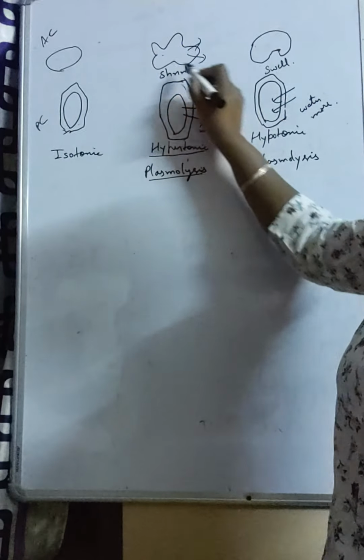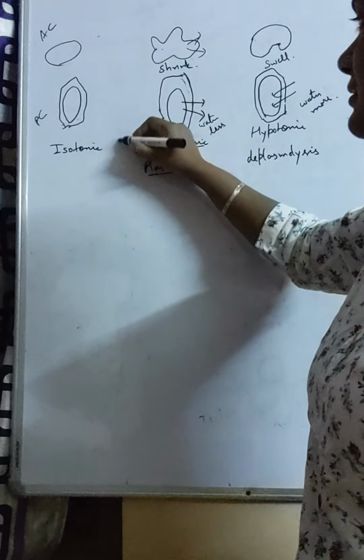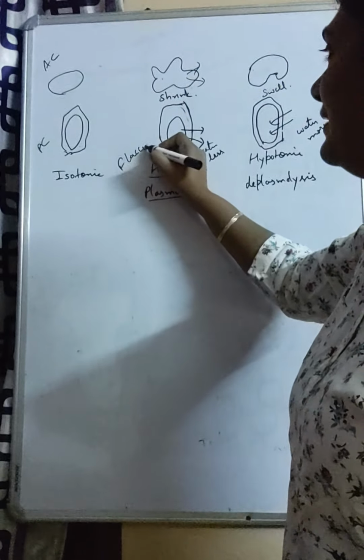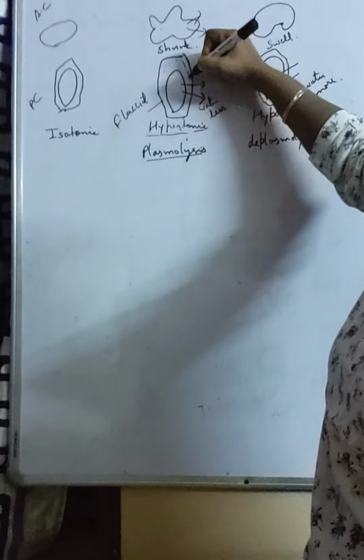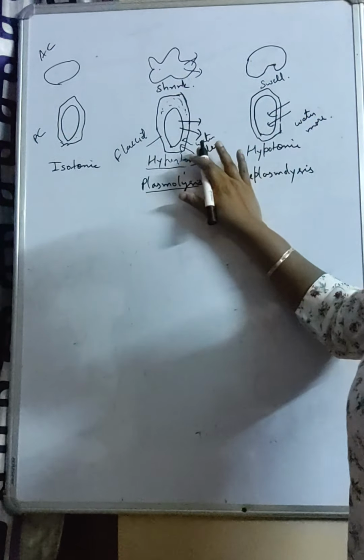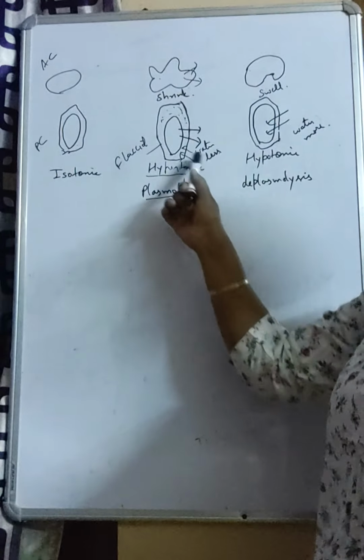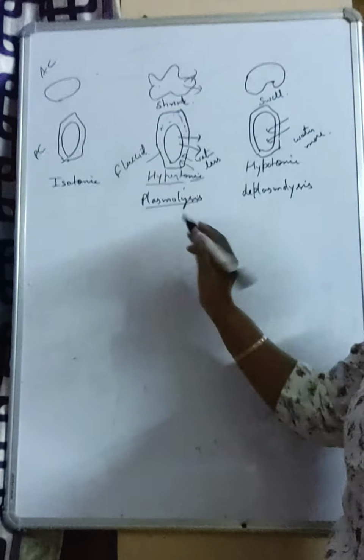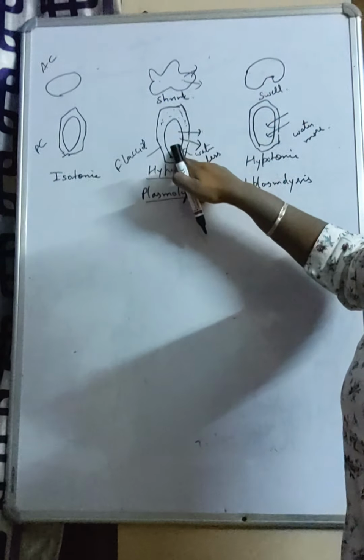This condition of the cell is called flaccid, empty. The cell becomes empty, and the empty space will be filled with this hypertonic solution because the cell wall is freely permeable. So in whichever solution you put it, it will be filled with this. So if you put it in hypertonic solution, in animal cell it will shrink because water will go outside. If it is plant cell, then the plasma membrane will shrink together with the cytoplasmic content.